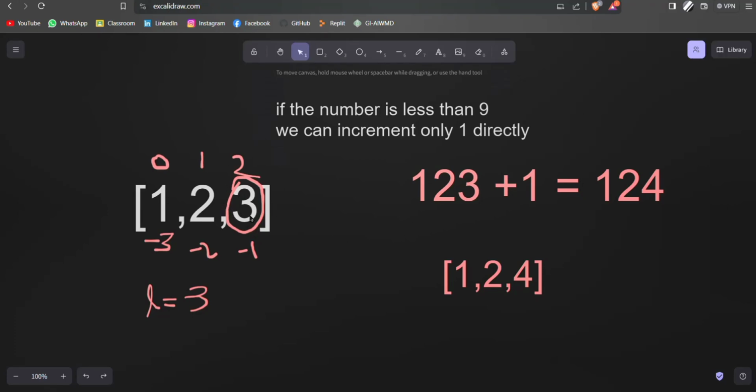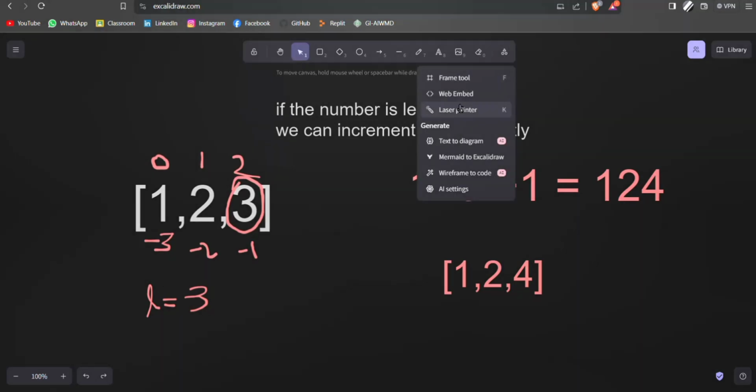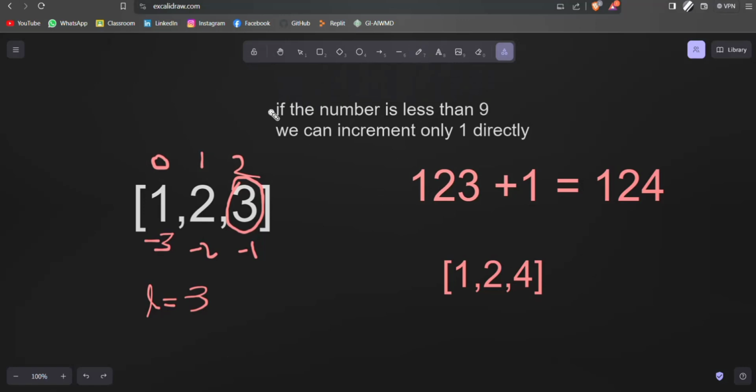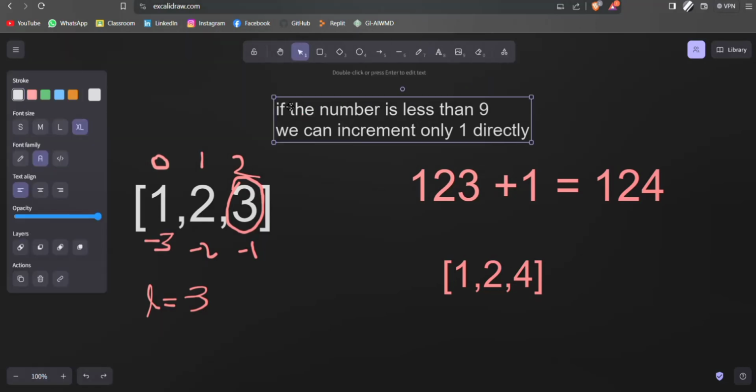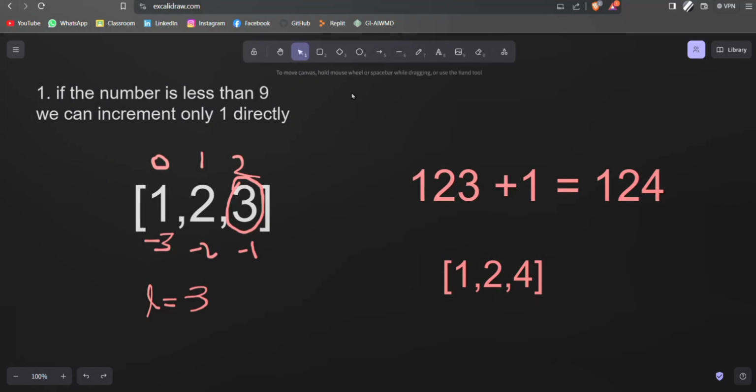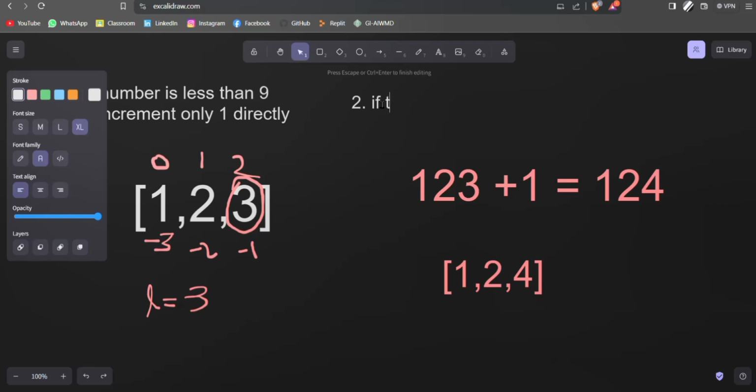In this case, I have to just increment this last index and return the list. This is the first condition. The second possibility here is that if the last index is equal to 9 or it is 0,